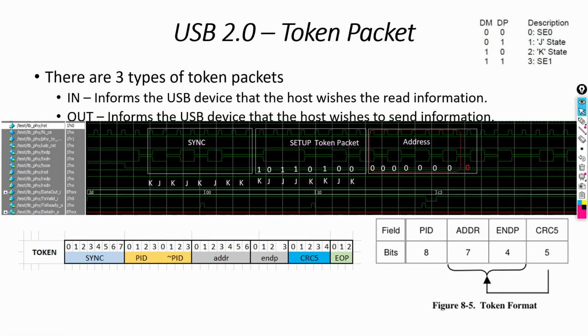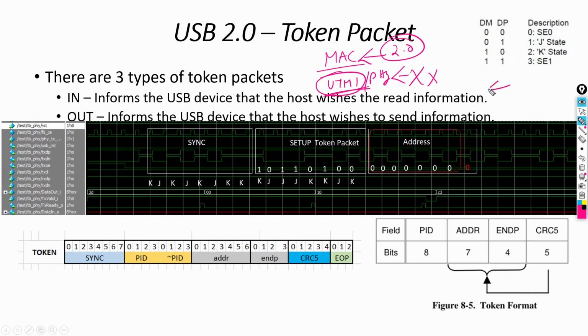Sir, are we going to learn all 3 layers? No, the 3 layers are not present in 2.0. In 2.0 we have 2 layers, the data link layer and the physical layer. We have just the MAC layer, and the PHY layer is UTMI. So we'll see the signal description of UTMI. We won't go into the implementation of UTMI. We'll understand the entire MAC layer of 2.0.